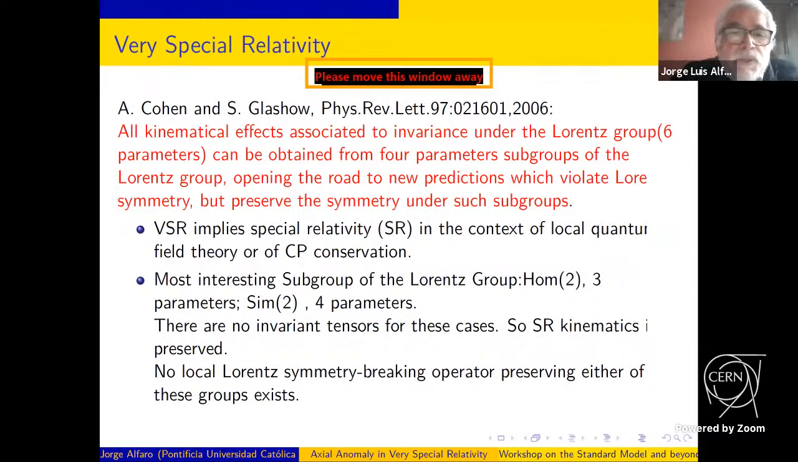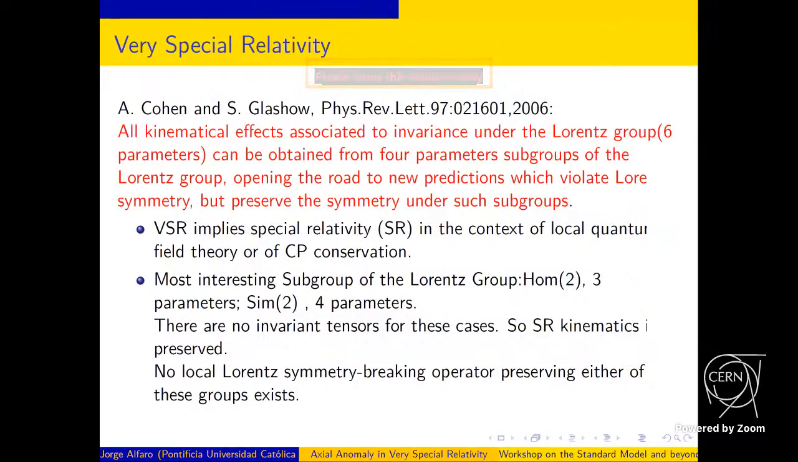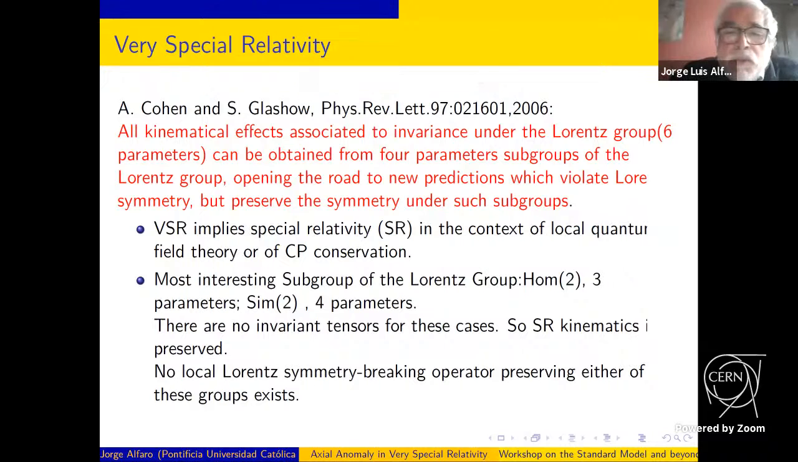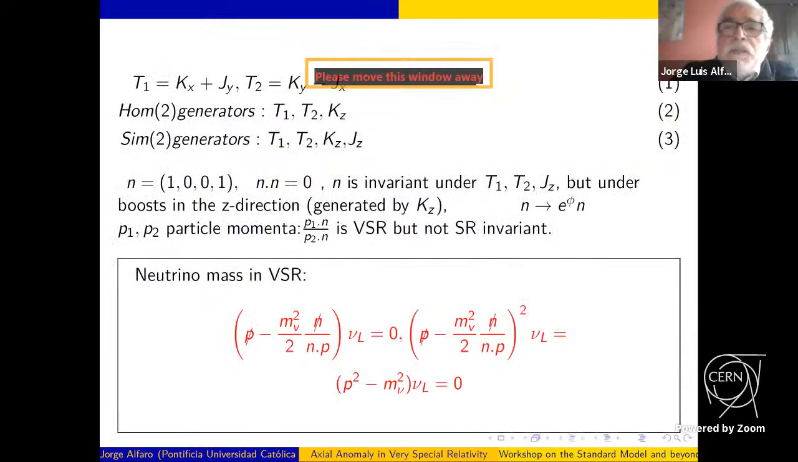For instance, P squared is the only invariant under SIM2 or HOM2, as it is the same as in the Lorentz group. No local Lorentz symmetry breaking operator preserving either of these subgroups exists. So that means that we have to go into non-locality. This is the main ingredient of this model. And there we have